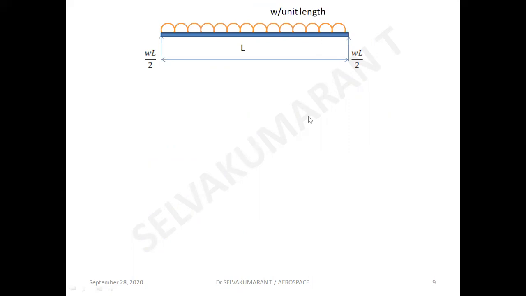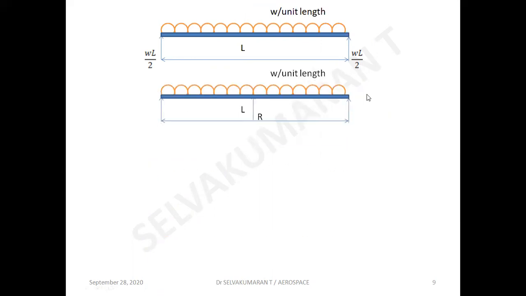Simply supported and subjected to UDL, WL by 2, WL by 2 are the two support reactions. I've introduced one support exactly at the middle. Let that be R force, an unknown reaction force. Now the beam becomes a continuous beam. So if you find the support reactions, WL minus R by 2, WL minus R by 2, at the